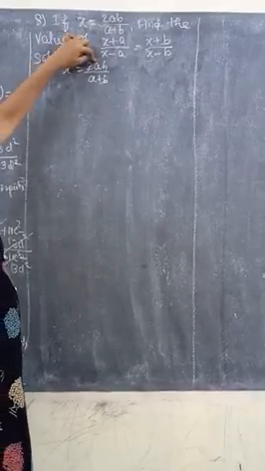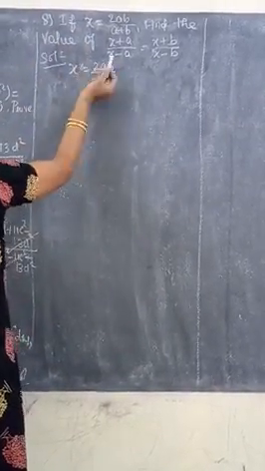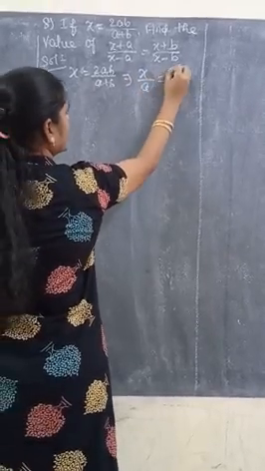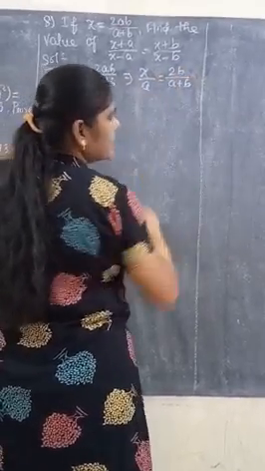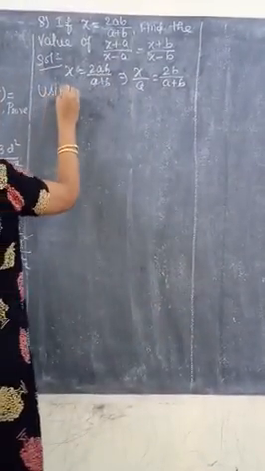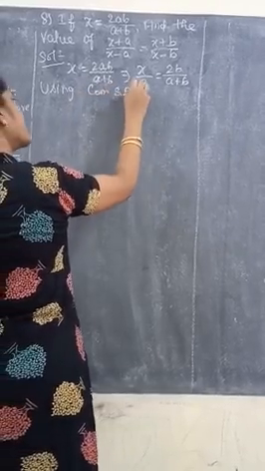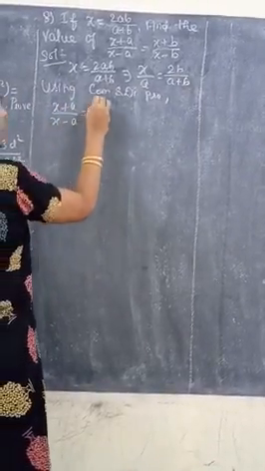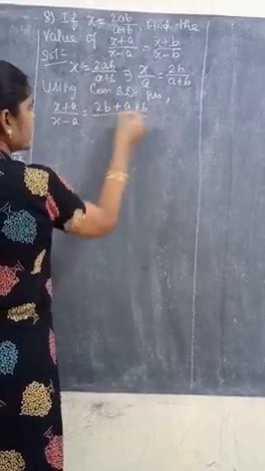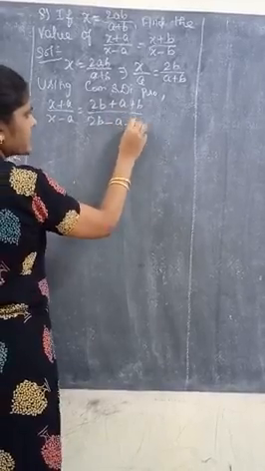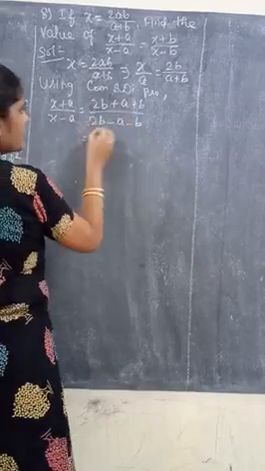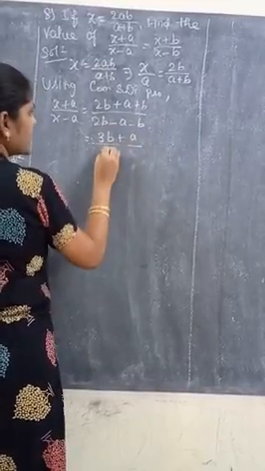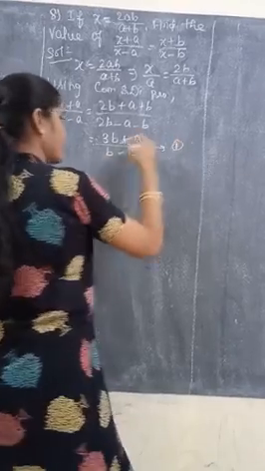Here, in the numerator we have a. So take this a to the left hand side, so automatically it goes for division. So x/a equals 2b/(a + b). Okay. Next, using the componendo and dividendo property for this: (x + a)/(x − a) equals (2b + a + b)/(2b − a − b). So what is the term for this? (3b + a)/(b − a). Take this as equation number 1.